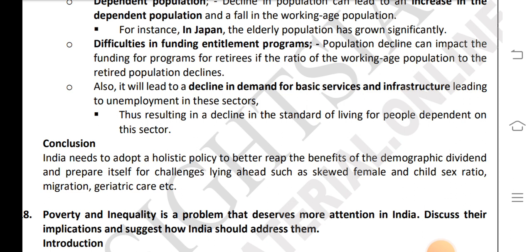Conclusion: India needs to adopt holistic policies to better reap the benefits of the demographic dividend and prepare itself for the challenges lying ahead, such as the skewed female and child sex ratio, migration,